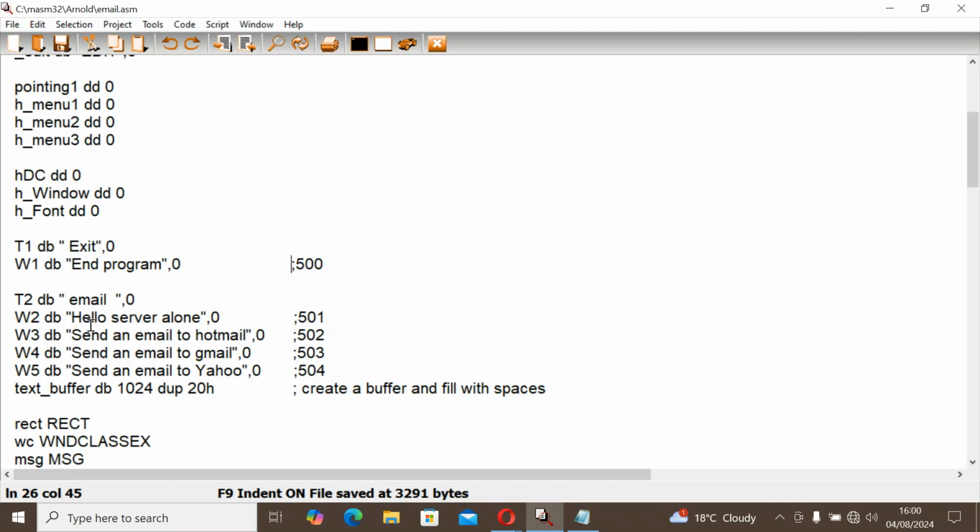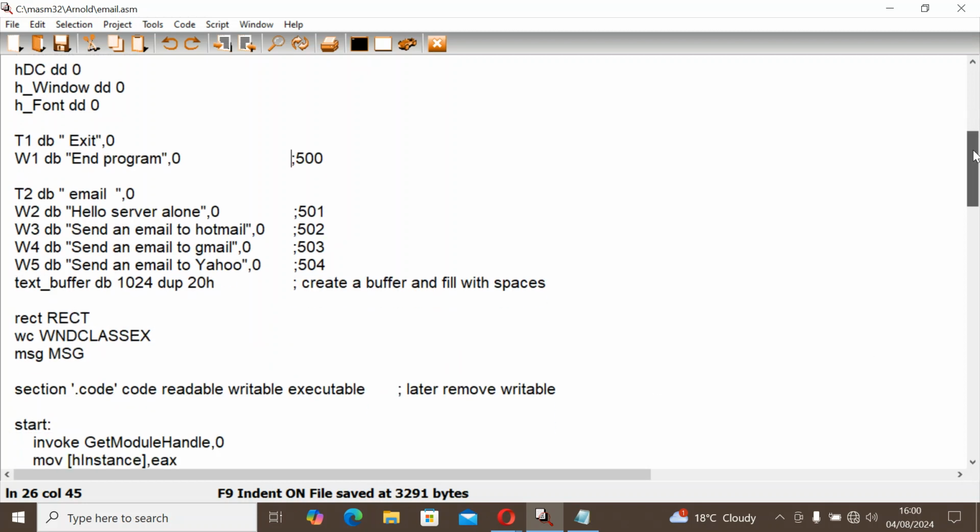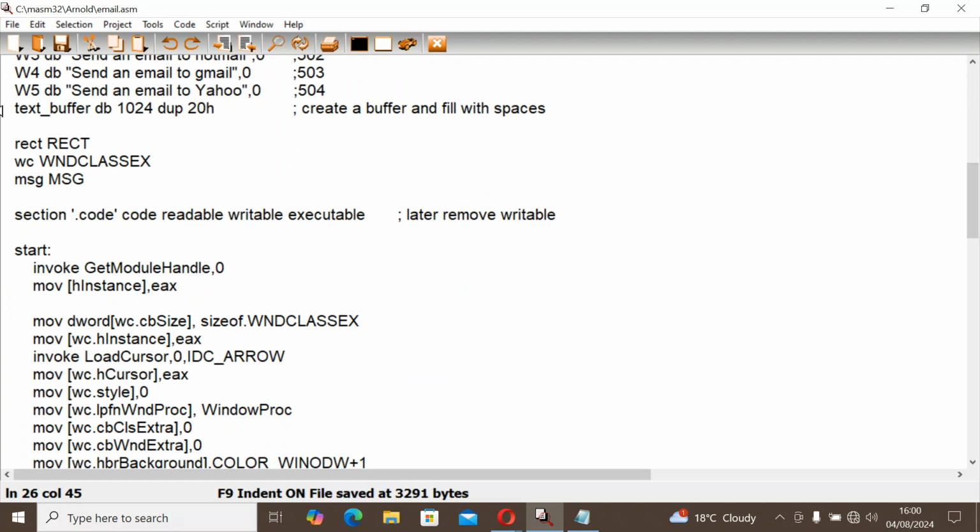hello server alone, send an email to Hotmail, send an email to Gmail, send an email to Yahoo, a text buffer, 1024 bytes, dup, filled with hex 2032, which is create buffer filled with spaces, create a rect object, a Windows class object, your message object. Then you've got your section of code, readable, executable,